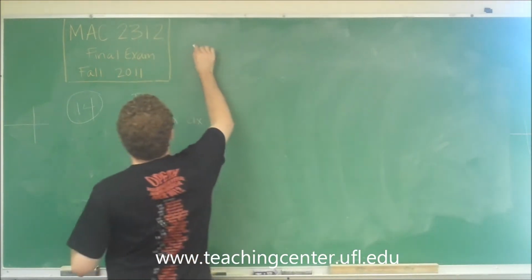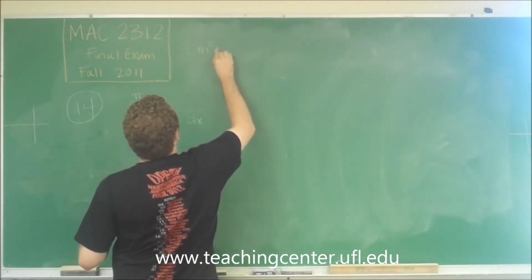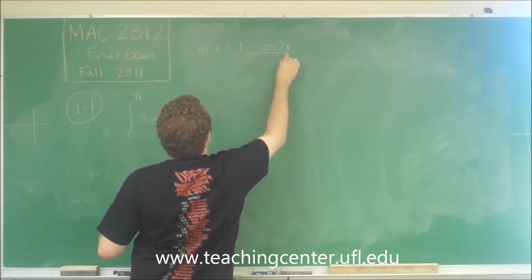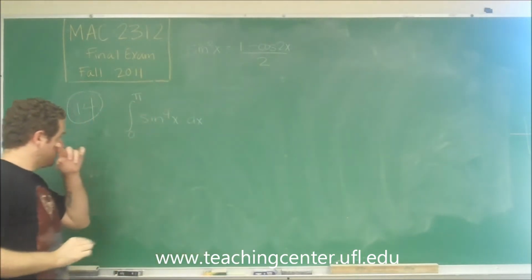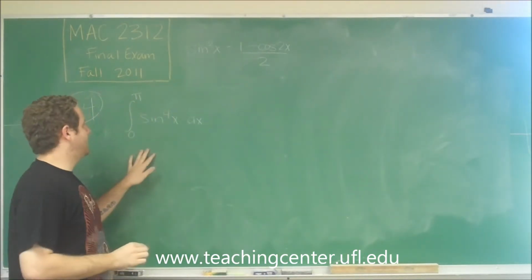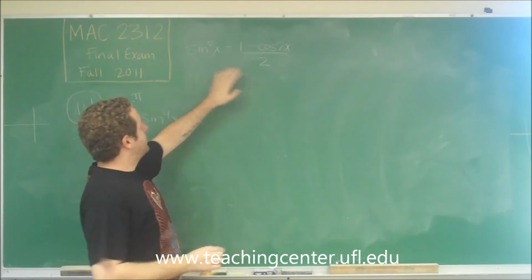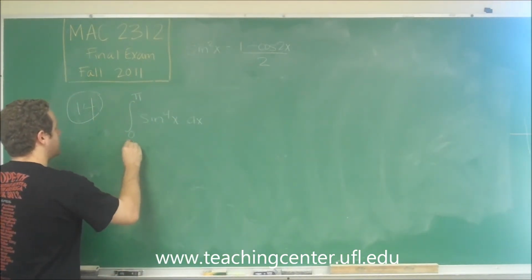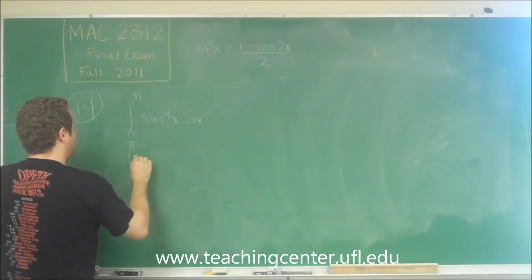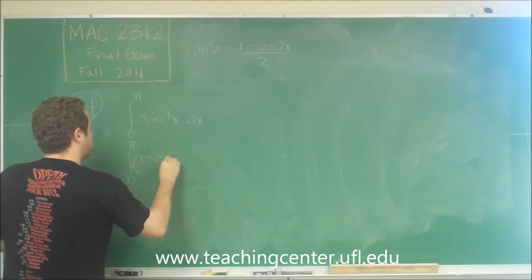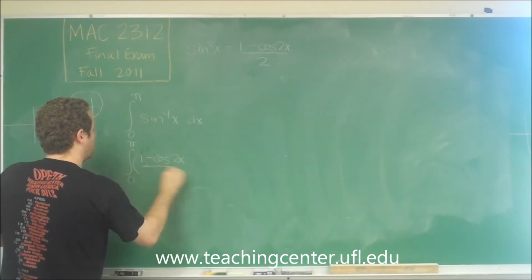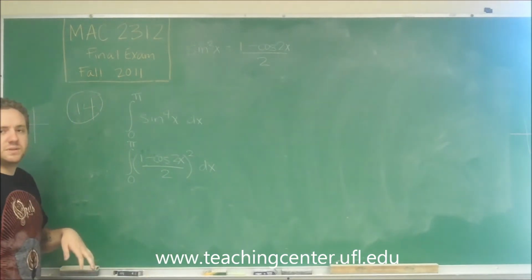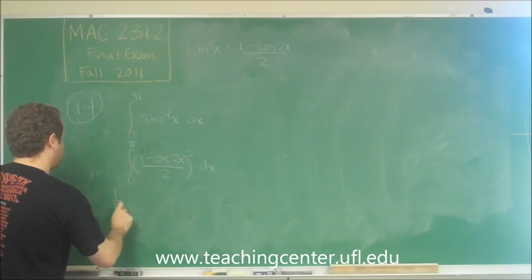So remember that you have a formula that says sine squared of x is equal to 1 minus cosine 2x over 2. So since we have sine to the fourth, we have that squared. So we can substitute using that first. So we have the quantity 1 minus cosine 2x over 2, squared, dx. That's going to help us a little bit. We can put this 1/4 out front